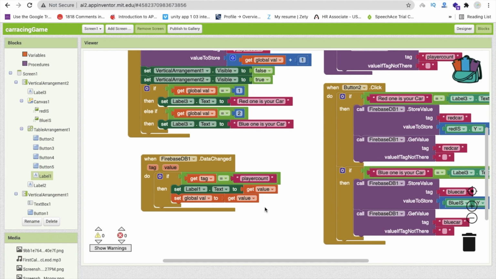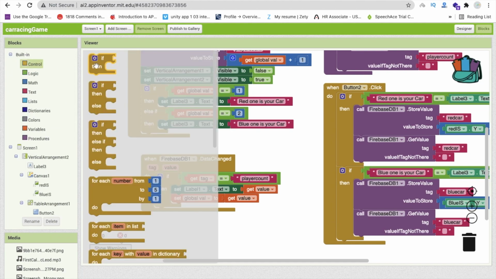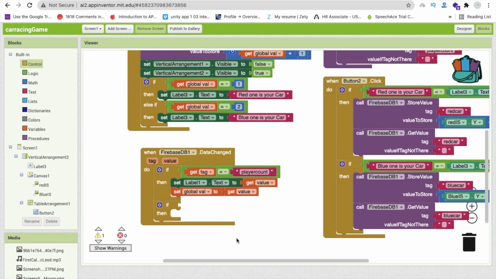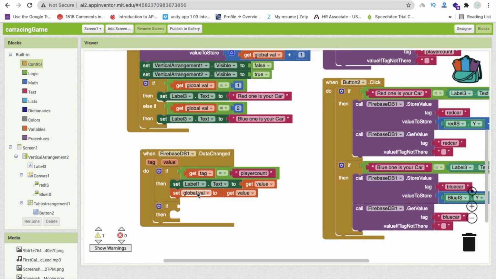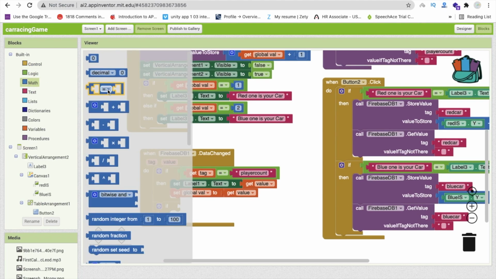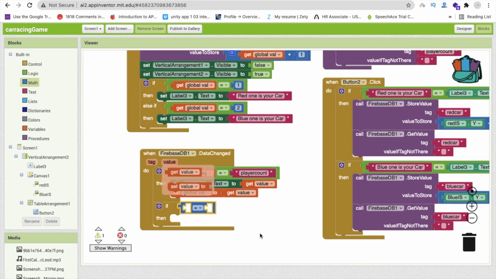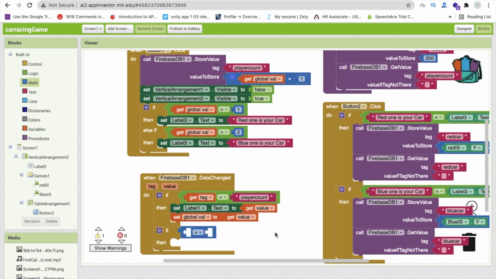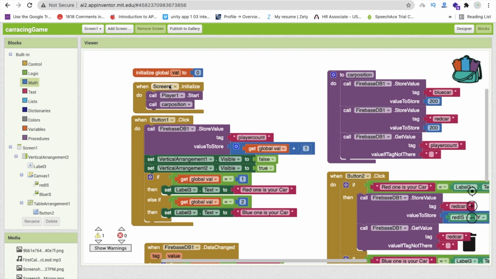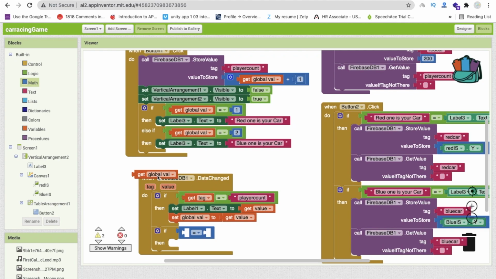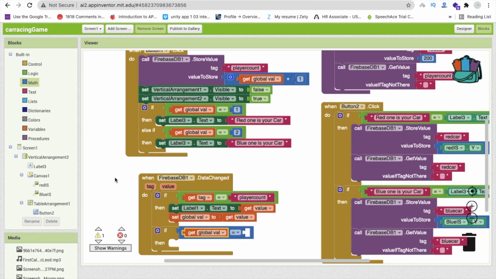Okay, now we have to check another condition, like simply call another if, and in that condition we have to check if the global value is equal to 2, it means there are 2 players. Okay, if there are 2 players, then we have to enable our buttons that we have disabled.